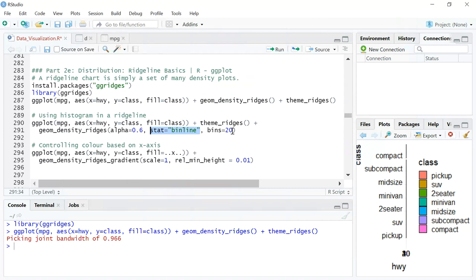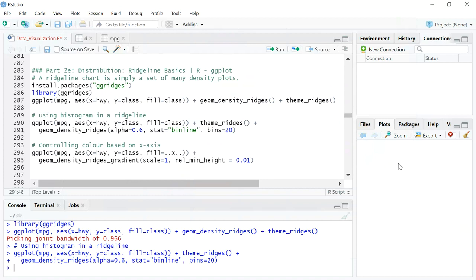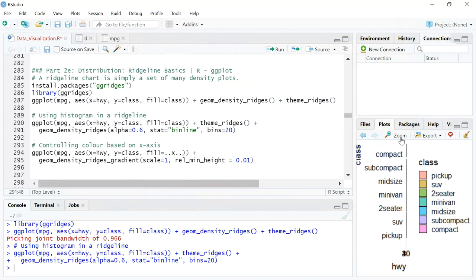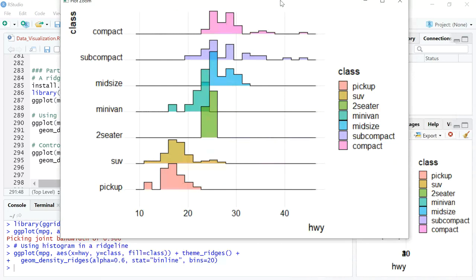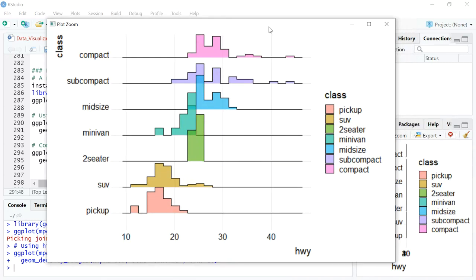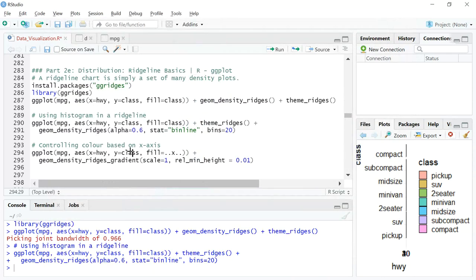The moment you say stat is equal to binline, and you define the number of bins, which is the number of bars, and you can also determine your alpha indicator, which is the transparency indicator, you will get histograms instead of the density plot. So the stat binline converts the density into a histogram. This is an alternate view to the density plot. I'm hoping it's fairly simple.